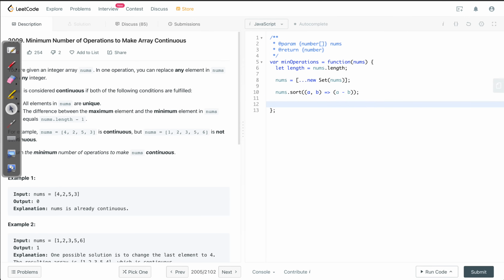So for the sliding window, let's initialize end at 0 in the beginning. In our sliding window, we're going to start with start equal to 0, and that goes all the way to the end. So start less than nums.length, and then start plus plus. In this sliding window, the start considers every element as the very first element of the continuous array that we are going to make, and anything which is outside this sliding window is invalid.